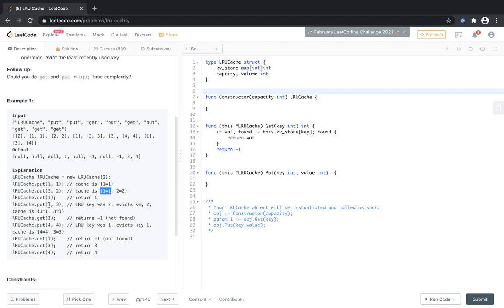And what happens is, now when we try to put another value 3, since the capacity is 2, one of these will have to be evicted. And since in the previous operation we called get on this value 1, we will automatically evict this value 2, because 1 is the latest used value and this 2 is the least recently used. So this 2 comma 2 is evicted, and now we have 1 comma 1 and 3 comma 3